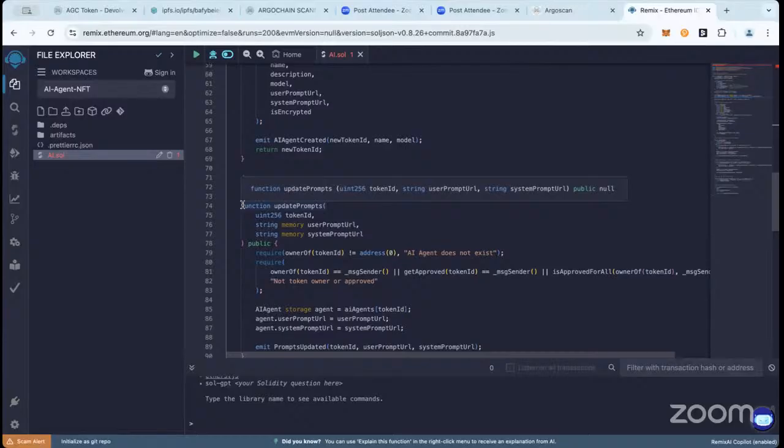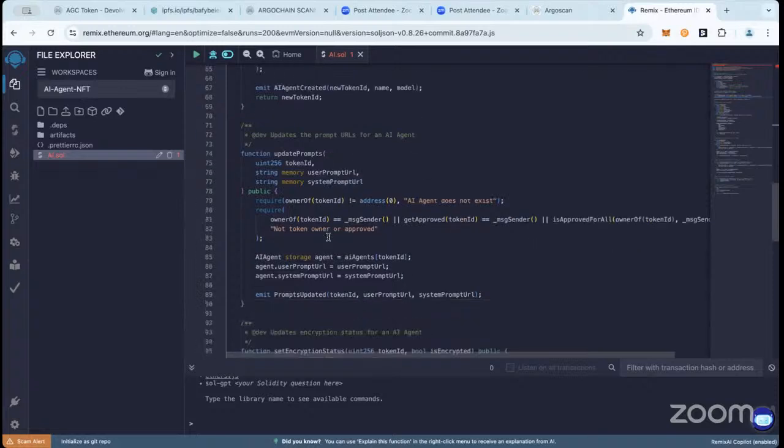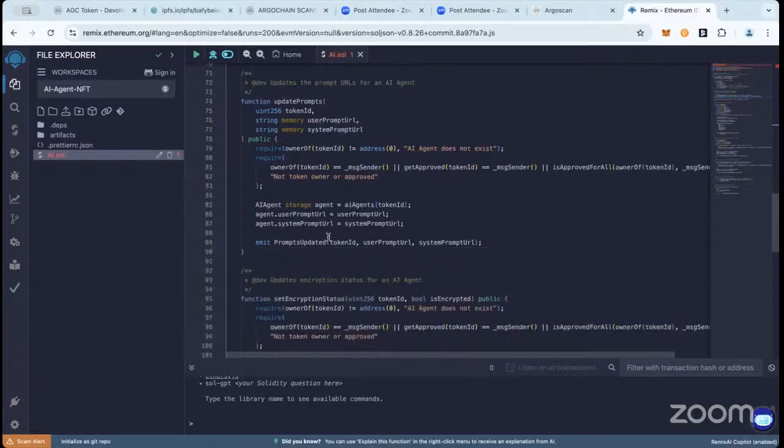They could be, for example, give me the Super Bowl score or the soccer score for the World Cup in 2028. Just do some type of predictive analysis. The AI may come back with some type of answer, but those types of prompts will be stored in an array under user and system prompt respectively. Once this is done, you'll get an AI agent that will be converted to an NFT